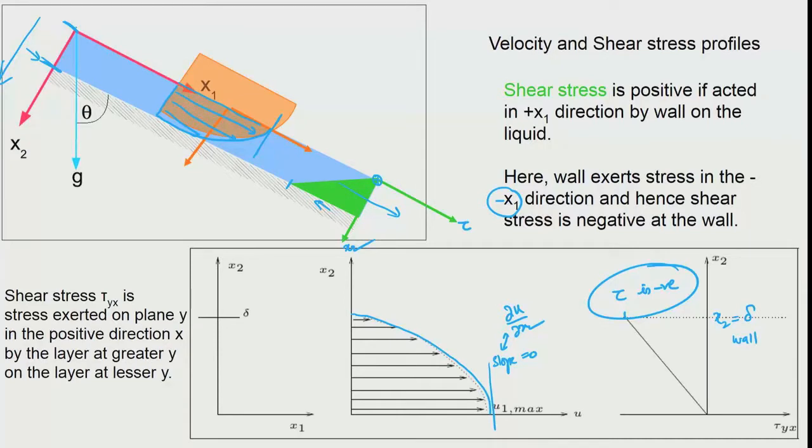Okay. So, from here we then can derive some more quantities which are very useful in metallurgical problems, because we want to look at what would be the average velocity, what is the volumetric flow rate of the liquid slag or liquid metal over that inclined plane, and what is the mass flow rate, etc.